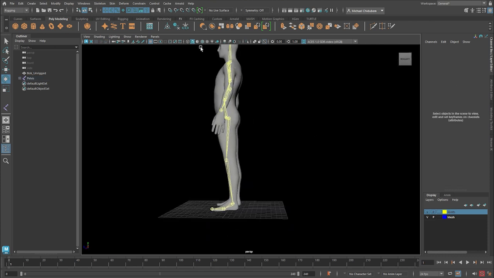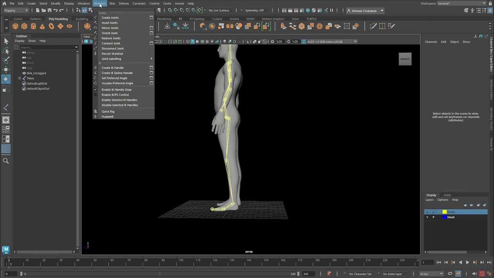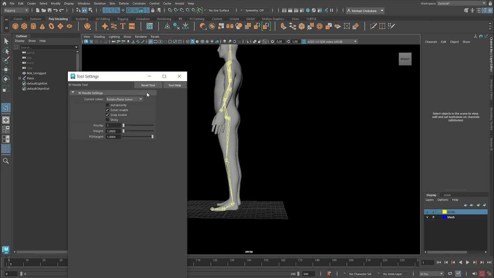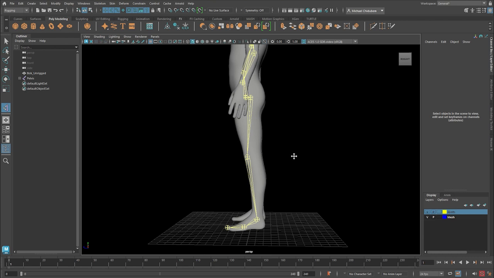Now, we're going to go to skeleton, and there's this option that says create hierarchy handle. Let's click on the option box first to see what options we have. So we have the rotate plane solver and we have the single chain solver. For this exercise, you're going to use the rotate plane solver. Make sure it's selected and then you can close this. How it works is